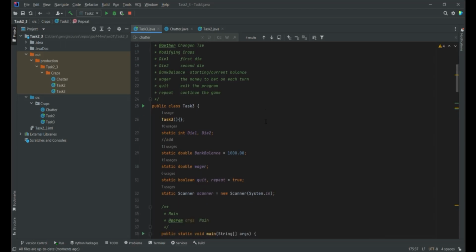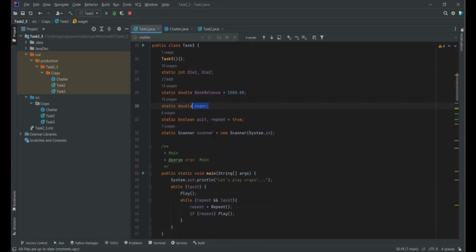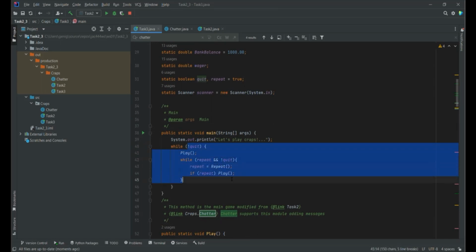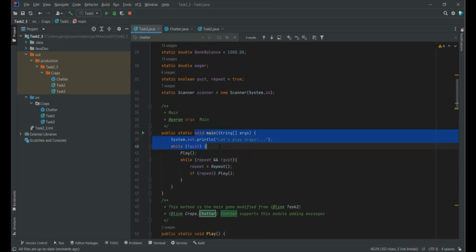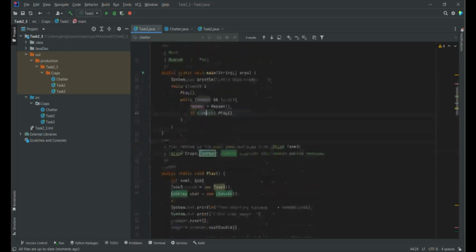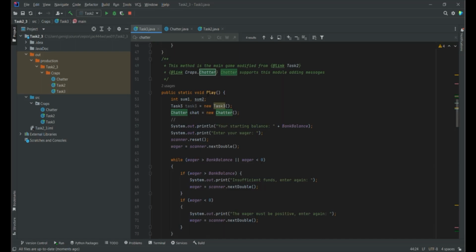So, in task 3, this is the same craps but more elements. We have betting, we have gambling here. You start off with 1000, you input the wager, and then there's a boolean to see if you continue the game or you quit. So the 2 booleans are in the main function, and there's a main play function,